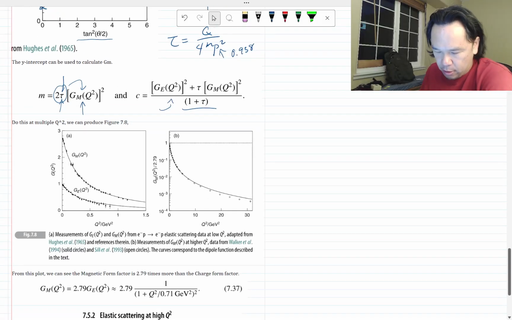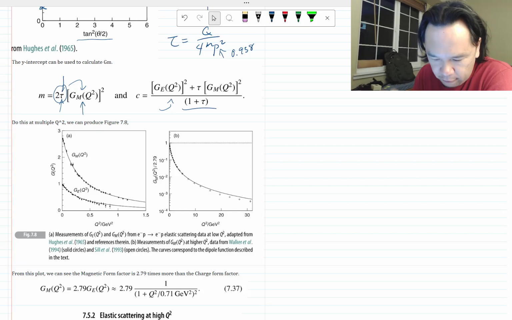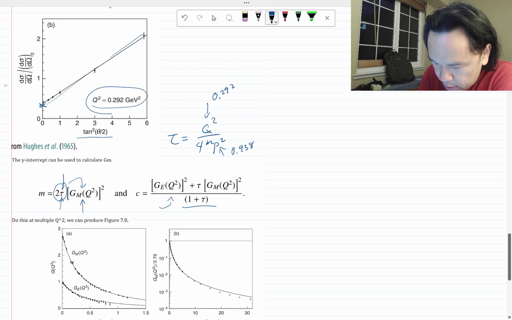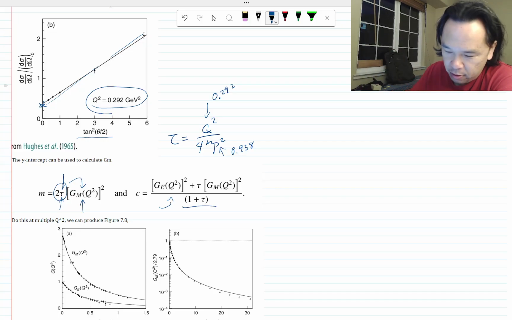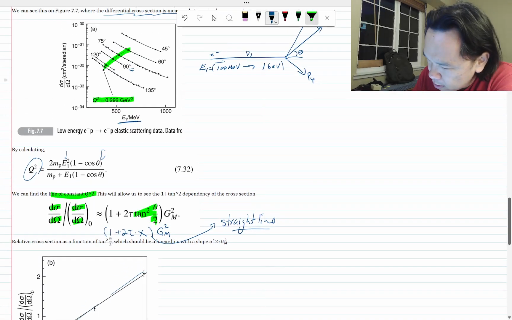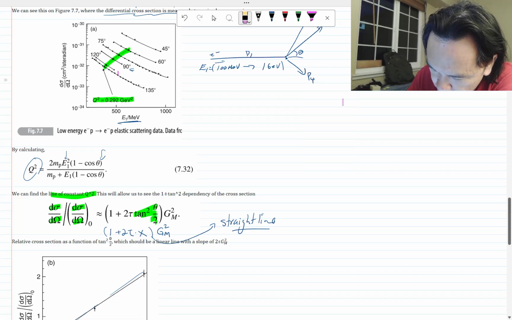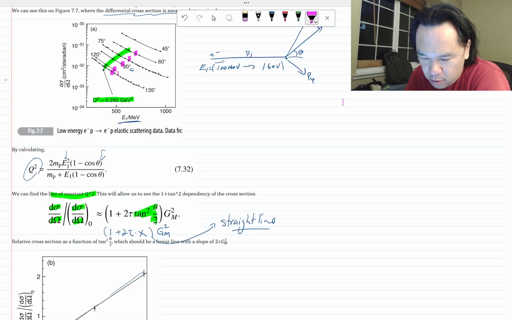So once you have these measurements of GM and GE as a function of Q squared, remember, this plot is for one particular Q squared, and you can make the same plot at a different Q squared. You can just pick, maybe instead of this green, we can pick this dot. Well, we need more dots. Pick this dot, this dot, this dot, this dot, and that may be a series of lines that gives you a different